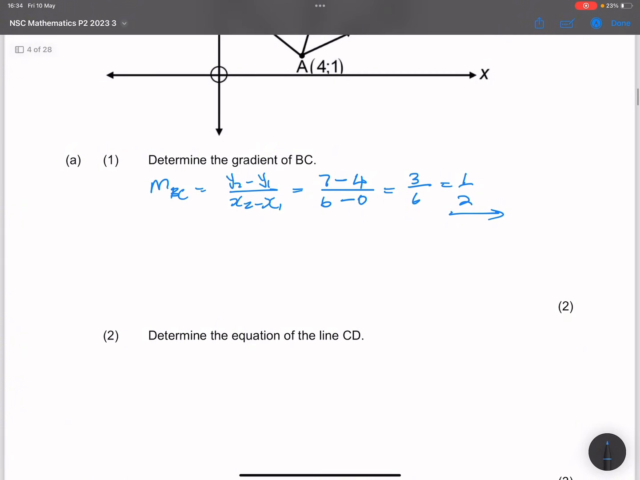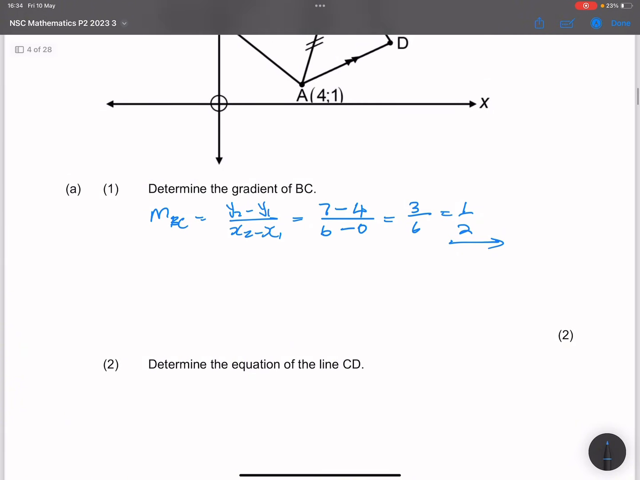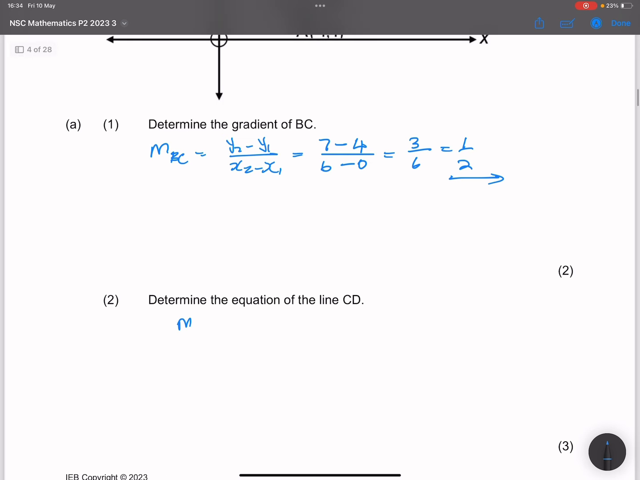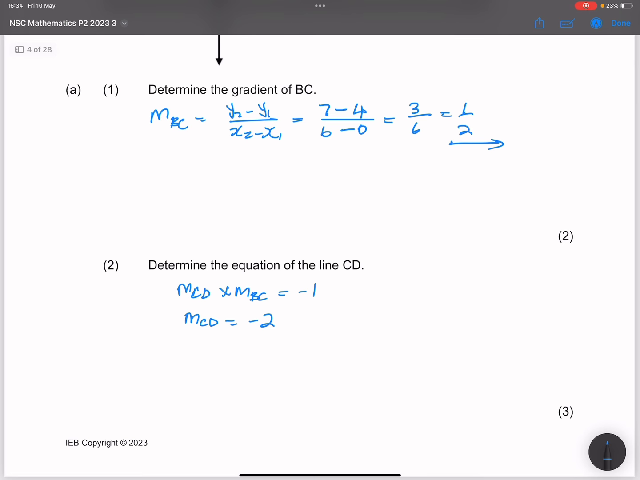Now they say determine the equation of the line CD. You'll see that CD and BC are perpendicular to each other. So we know that the gradient of CD multiplied by the gradient of BC would give us -1. So the gradient of CD should be -2. It's the inverse of BC with a different sign. So CD has the equation y equals -2x plus c,